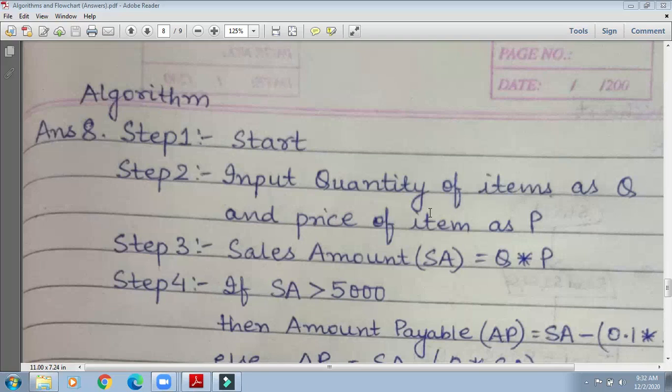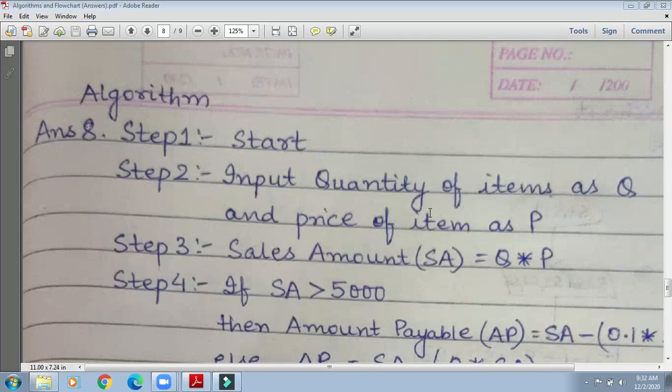Now one more. Okay, so we have one more question. The shop owner is selling something, and we have to obtain the sales amount, means the price of the item and the whole amount that he has to pay.